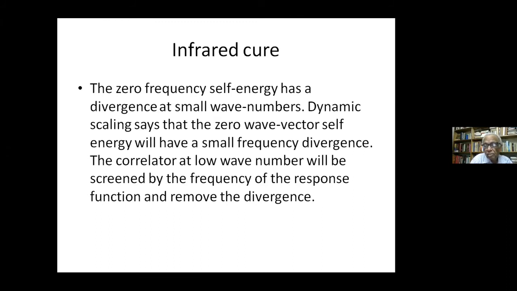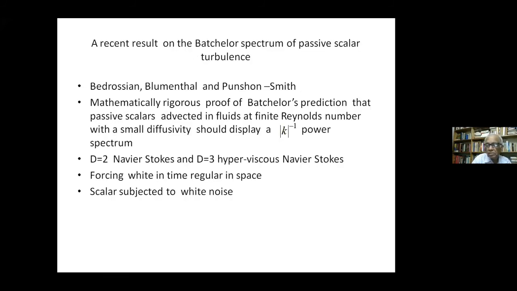So this divergence, which is often called the cause of sweeping, is not really there, and that is why the k to the power minus 5/3 is never really violated, at least not strongly, in any numerical or experimental work. So that is the question of how a self-consistent perturbation theory can give a finite answer in